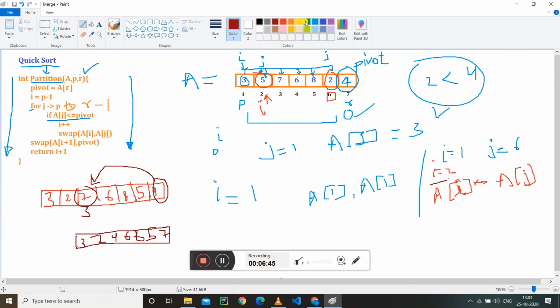Right, so now you can see the pivot has come to its right place, and at the left of the pivot every element is less than the pivot value. So 3 and 2 are less than 4, but still they are not sorted, and at the right of this all the values are greater than 4, and these are also unsorted. So we will again apply the partition here, then the 7 will come to the right place, and it will work recursively similarly for this side as well. So that's all. I hope partition is very easy compared to the merge procedure.